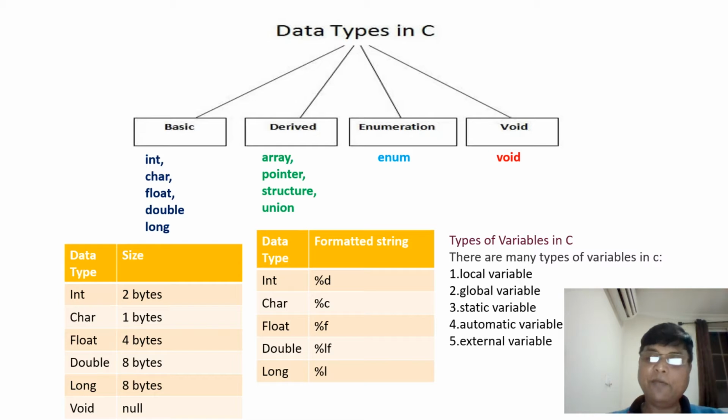When you are declaring a variable, variables are categorized majorly as local or global. Okay, there are two major types. Then static, automatic, external and register are the storage classes. So let's see what a local variable means. The scope of a local variable is local, which means a variable declared in a function can be used only in that function.